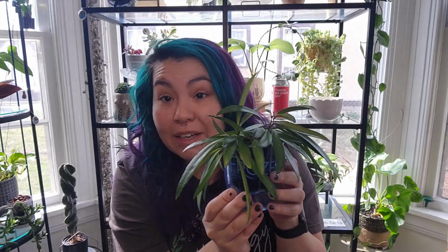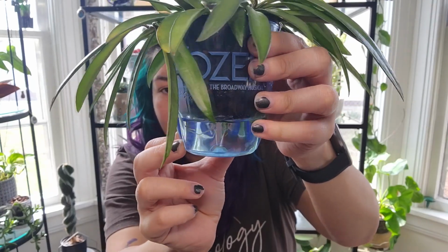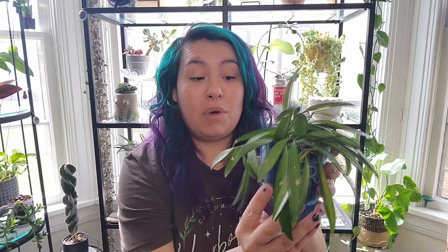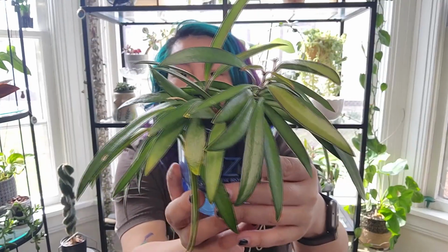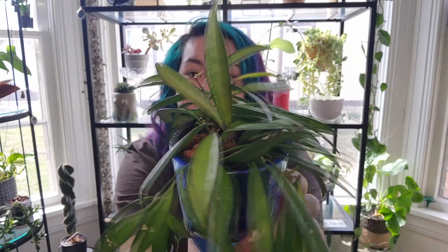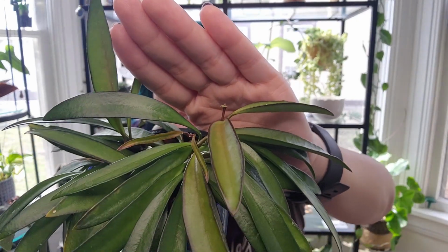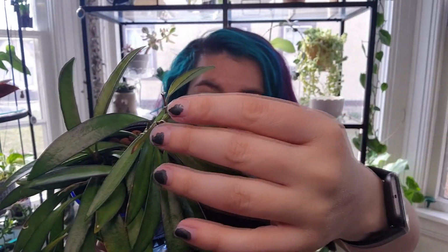It lives in leca, like most of my Hoyas do, and I have it in this Frozen cup because I do like to see when this one is thirsty. And I went to go see Frozen the play on Broadway, and I got this cup there, so it's also a fun reminder of that. Some of the leaves are yellowing off a little bit, but I'm not really too worried. It does have mealies, and I think that's why, because a lot of my plants, like I've been saying, have mealies, but despite that, it still is growing. We have new growth points up there, so I can't tilt it too much because I don't want to spill the leca everywhere. But yeah, right there is a new growth point, over here